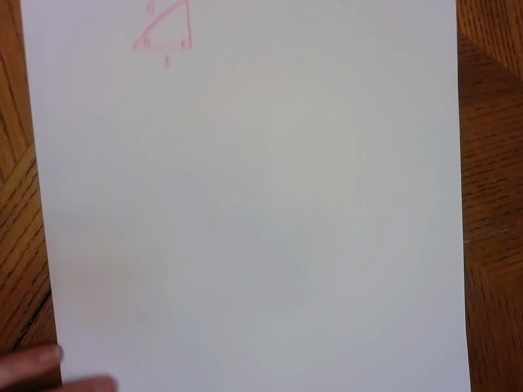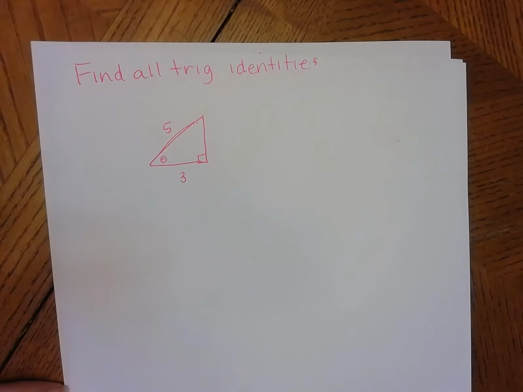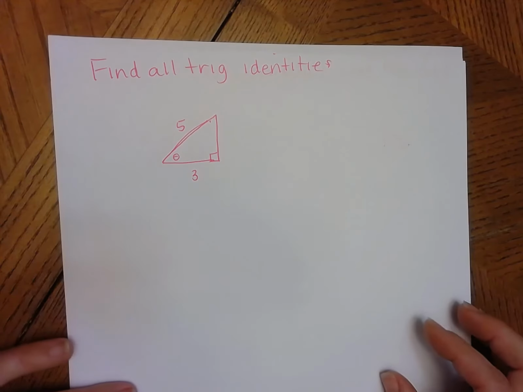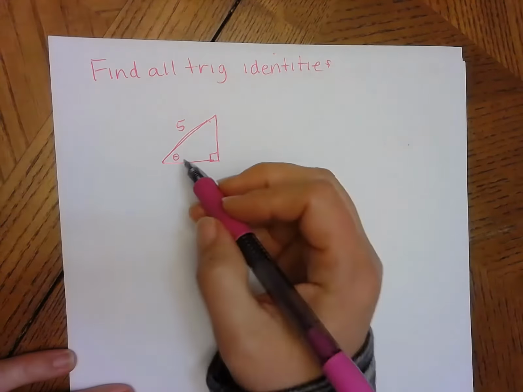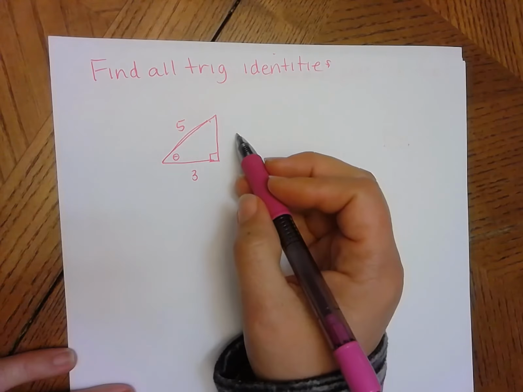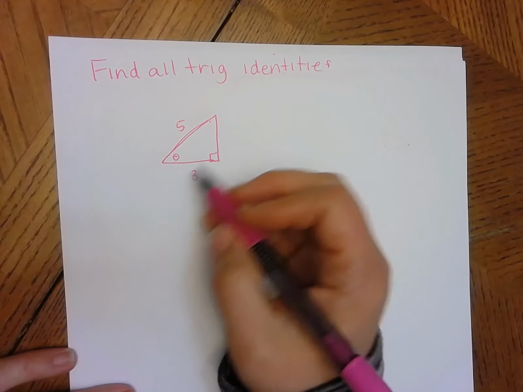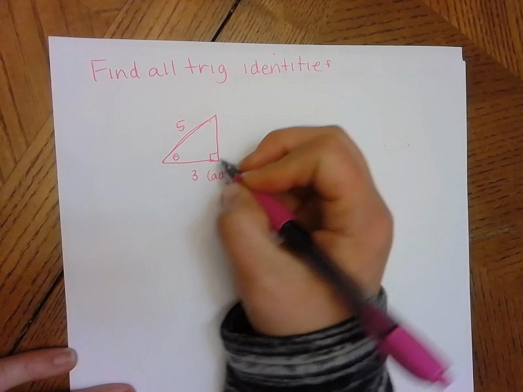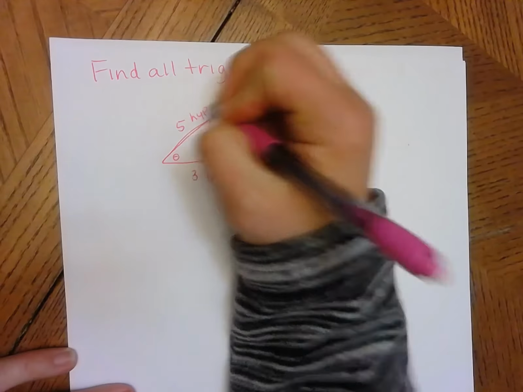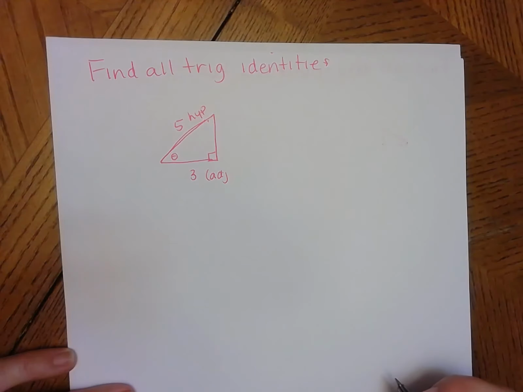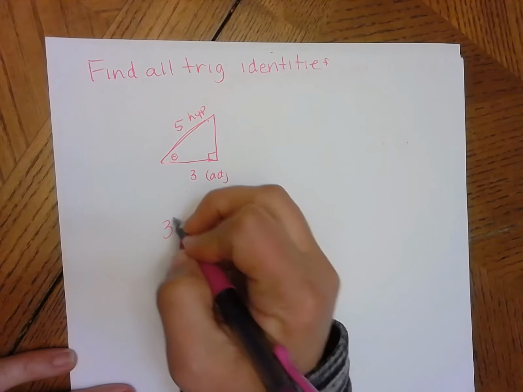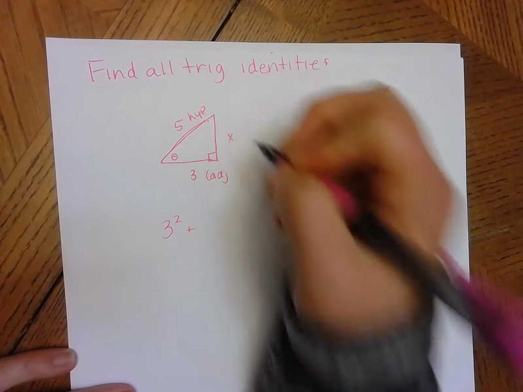All right, so let's look at finding all the trig identities. This time I have a side missing. According to my theta, what I'm missing here is my opposite side. So this is the adjacent, right? Here's my right angle, so this is the hypotenuse. So how do I find that? Well, we have the Pythagorean theorem at our disposal. That means the sum of the squares of the legs, so that would be 3 squared plus, I'll just call this x,